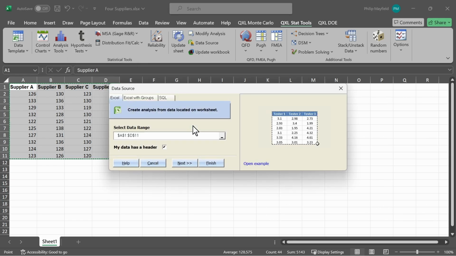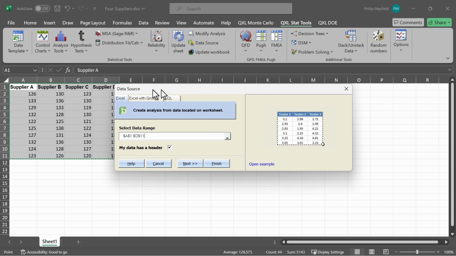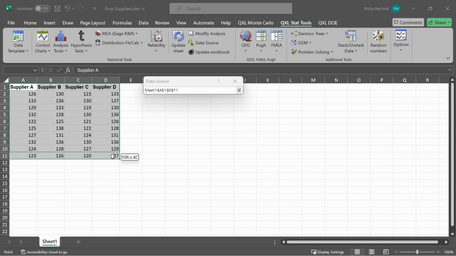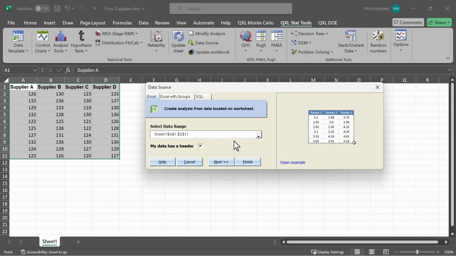When I click on One-way ANOVA, the first thing it asks is the data range. I've already pre-selected the data, and so I don't need to do anything. But if I had forgotten, then I could select the data now and select range A1 through D11. Note the checkbox, my data has a header. Quantum Excel checked that automatically because it saw non-numeric values in the first row, and it assumed that those are